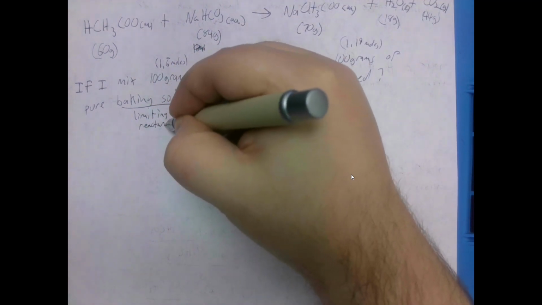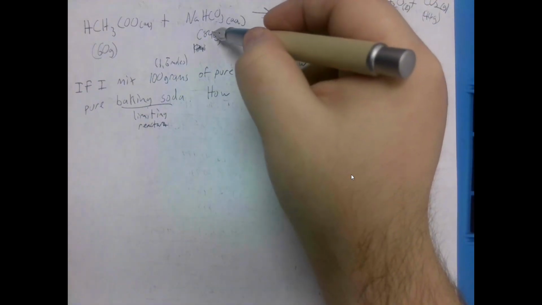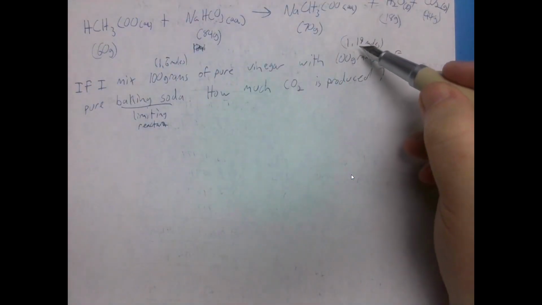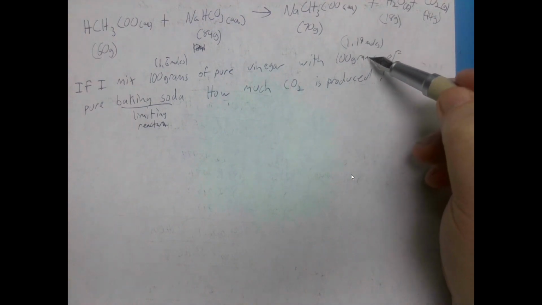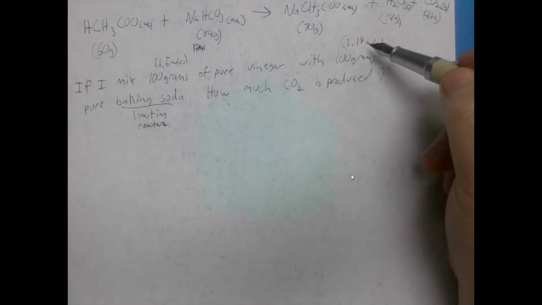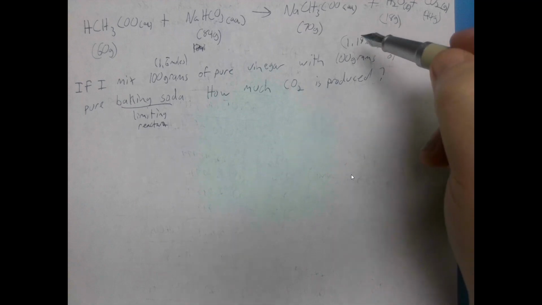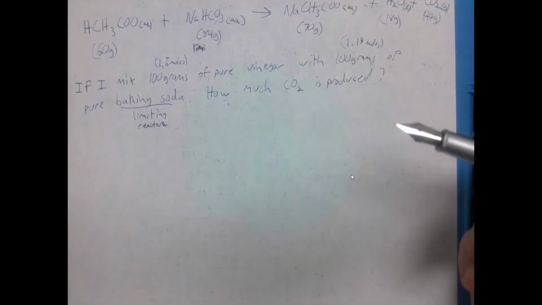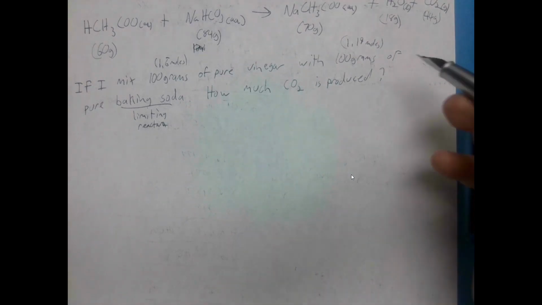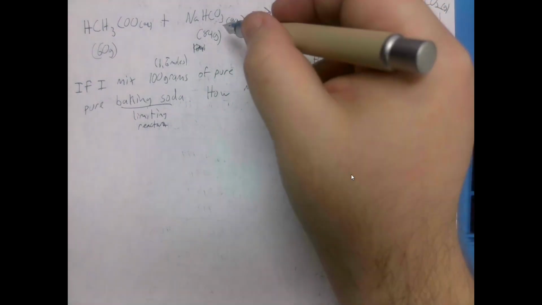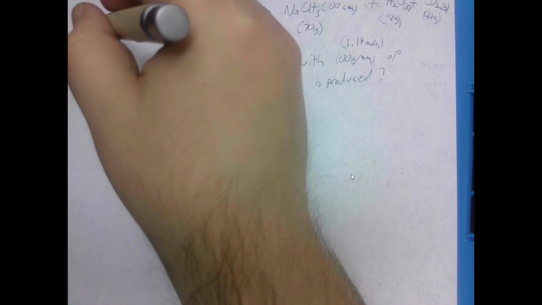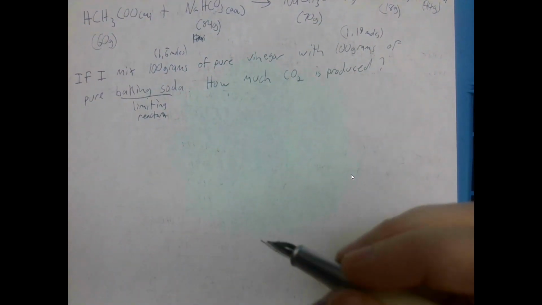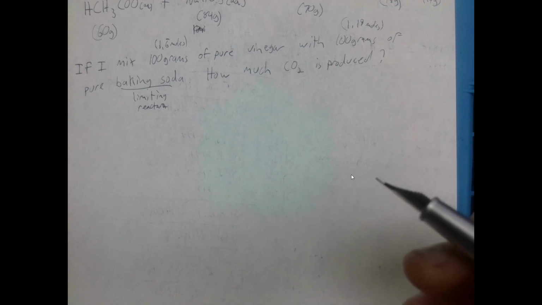It limits because only 1 mole of baking soda will react with 1 mole of this. So only 1.19 moles of our baking soda, I'm putting 1.19 moles in. That means only 1.19 moles of vinegar is going to be used because it's a 1-to-1 ratio. If I put 2 moles of baking soda in, then it will only be able to react with 2 moles of this. And to figure out the ratio,